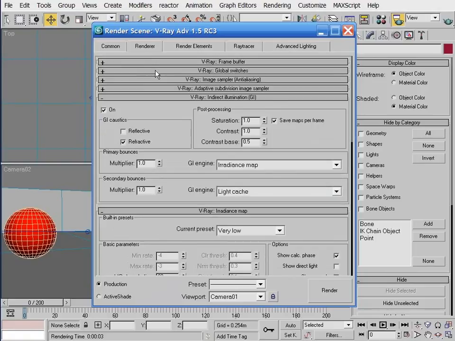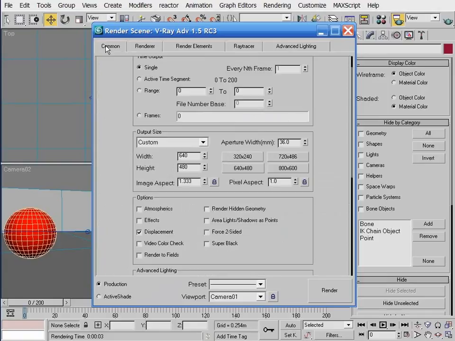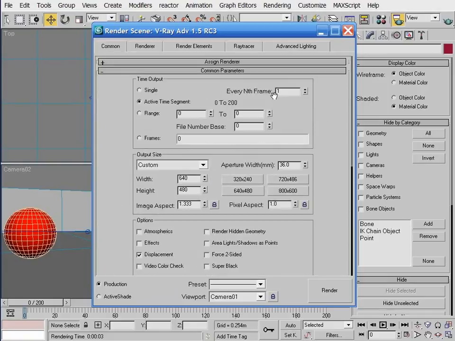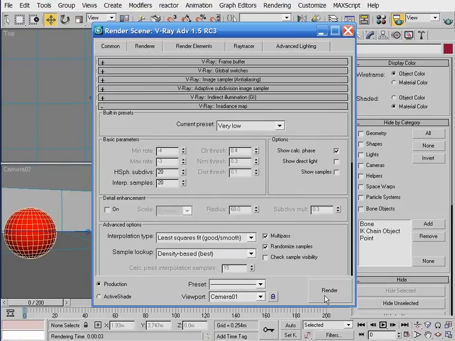and now I need to decide in the common tab of the render scene dialog box what my nth frame value is going to be. First, I need to switch to the active time segment, and here I'm going to use a value of every 50th frame, which I decide by considering the detail I need and, most importantly, how fast my view changes. With these parameters set, I can start my rendering, or at least my irradiance map rendering, and when finished,